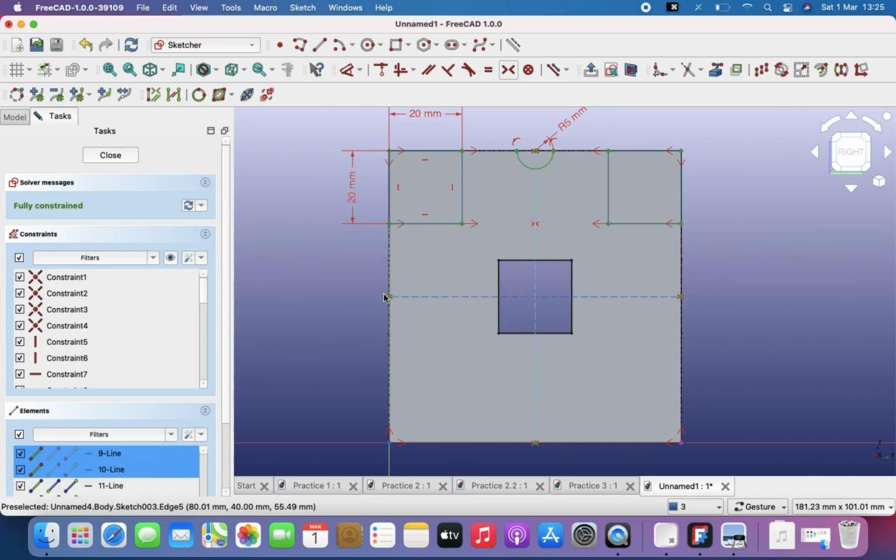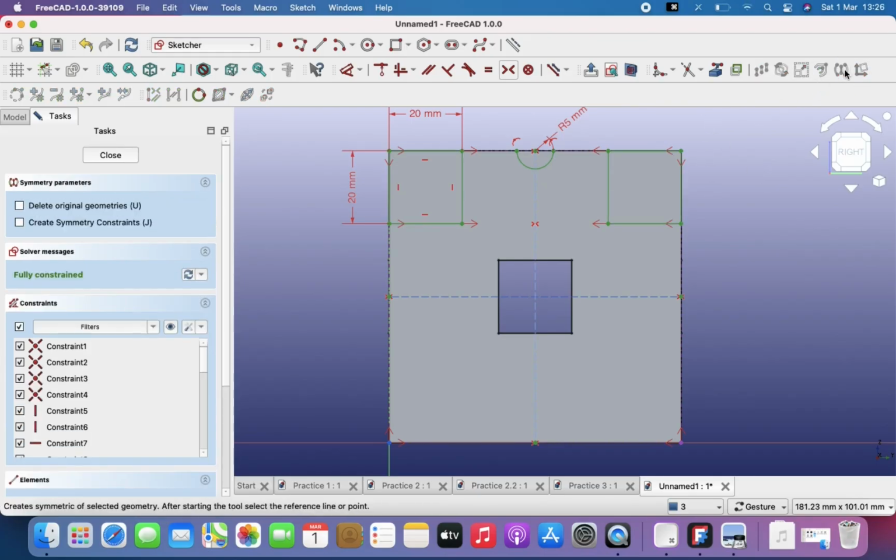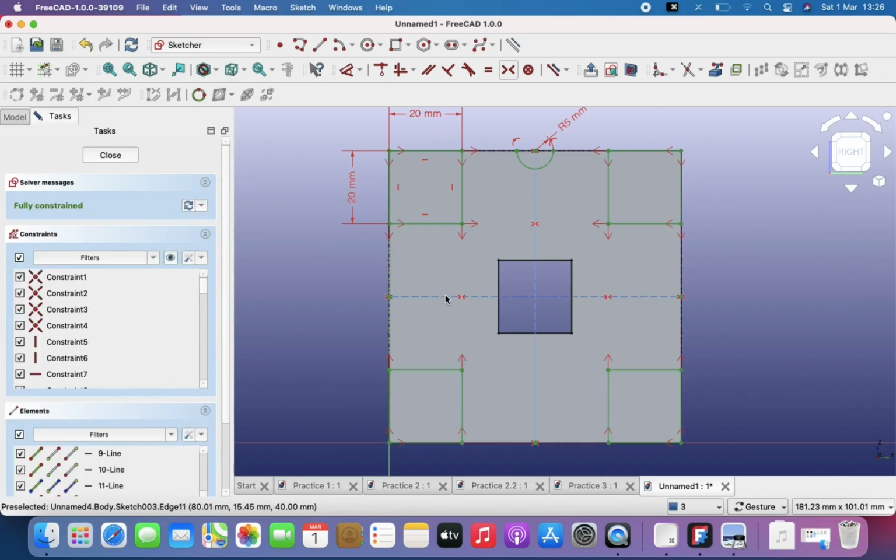So I've selected all my lines here, and I am going to go back to that symmetry tool again, and then, remember, create symmetry constraints. Click on this, and I'm going to click on this, my symmetry line, and it shows me fully constrained. So I have all these objects now beautifully done, just using my symmetry constraints. I could have drawn the box one by one, perhaps that would be slower or faster. So click on close, and I'm going to do my extruded cut